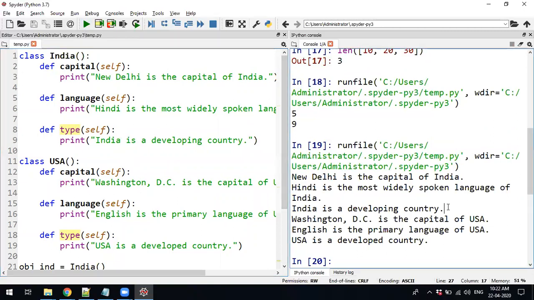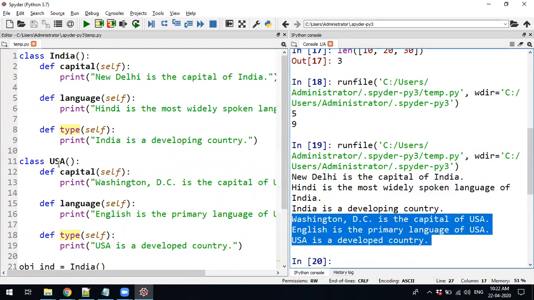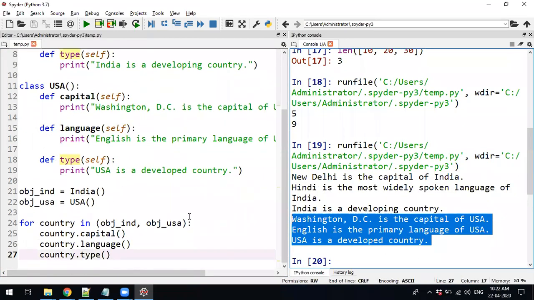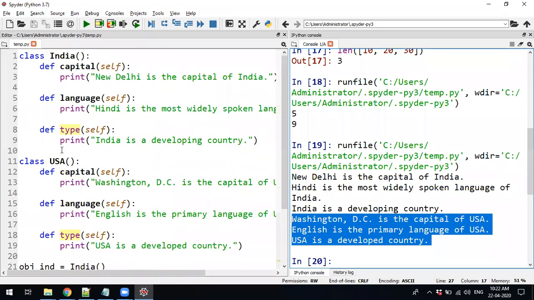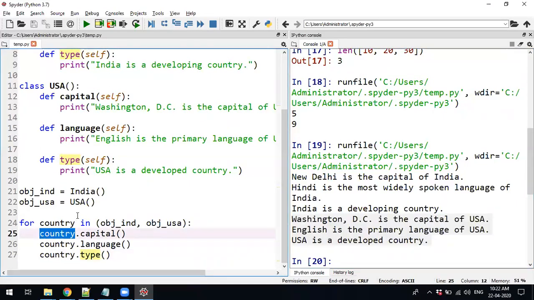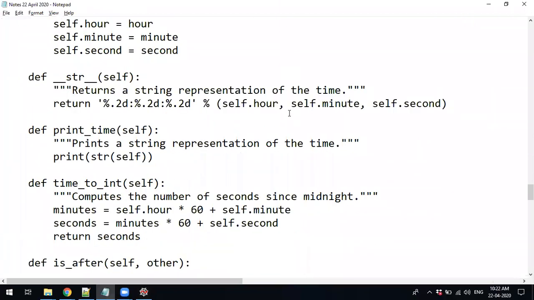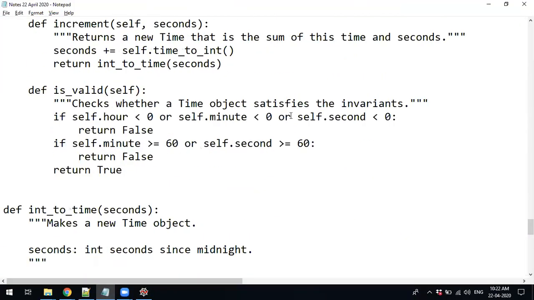See this. The first 3 values will be printed. The next 3 values it is going to print. See, 2 different classes, same functions. How are we going to call? Just with the object name. This is how it supports polymorphism, and this program I have already shared with you.